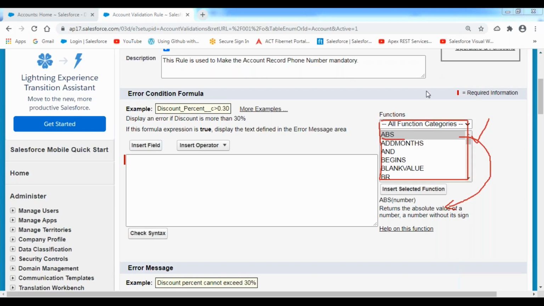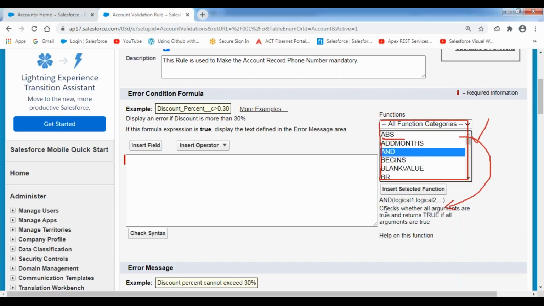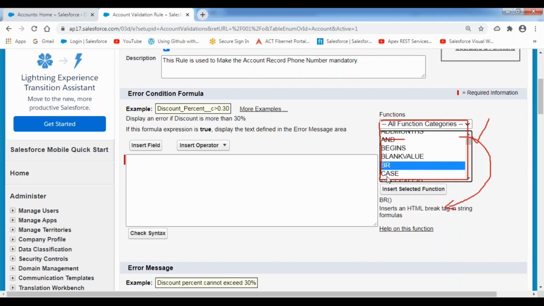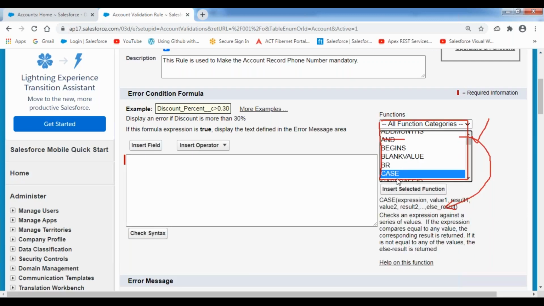Suppose, for example, I select this one. It gives the description here: what is the syntax of this one, how to use this one. Like that we can see each and every function's description.